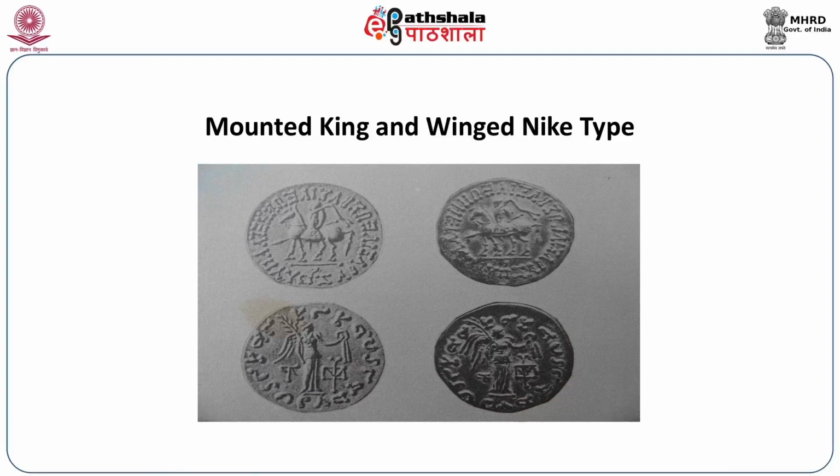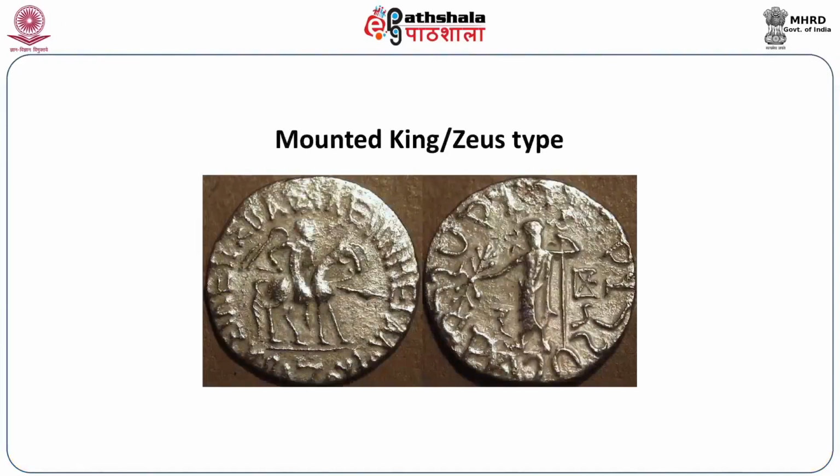This is a very coarse, very crude picture, but it shows again the mounted king with the spear, and on the reverse you have Zeus standing with his thunderbolt on his right hand and a scepter on his left, and there is a monogram also. Agilices also used the type where we have the mounted king along with the spear, and on the reverse you have Nike holding a reed. So he continued the coin type which was used by Agis first.